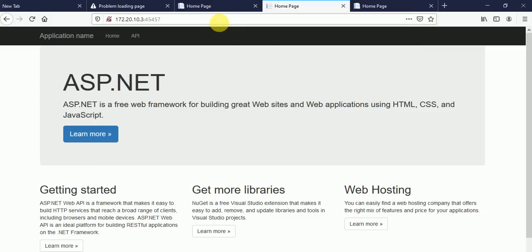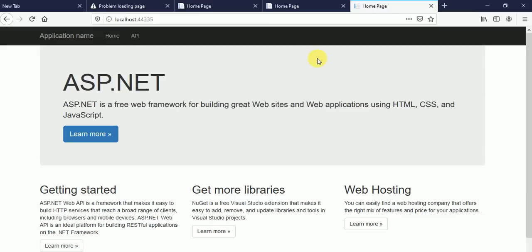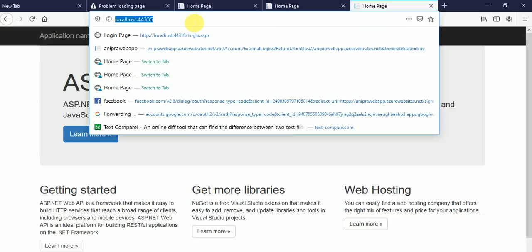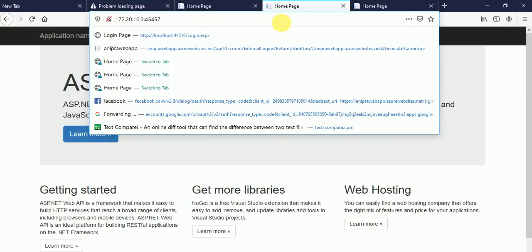Why are we using this IP address? Because if you put the localhost URL in Xamarin, then your Android emulator or your mobile will not be able to debug the web API that is running on localhost. So you have to run your web API on the local machine.